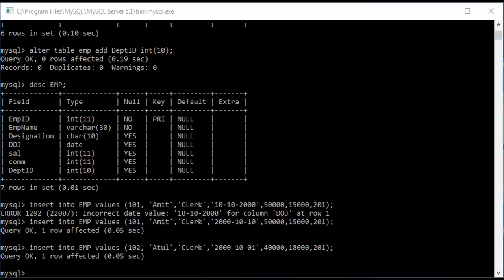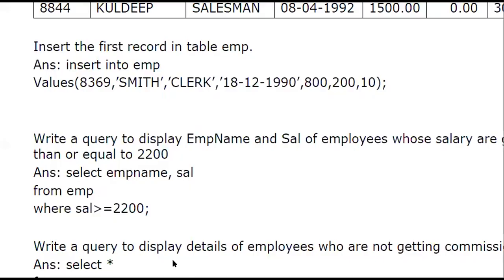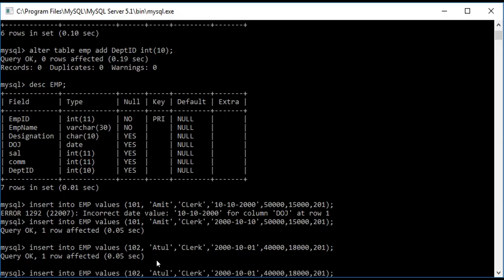So likewise, then after this we have select statements. Before we have the select statement, we have to write a few more lines. Let's add one or more names. Gurman, let's say the designation is manager.